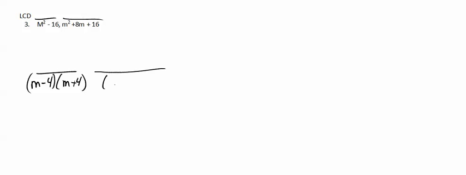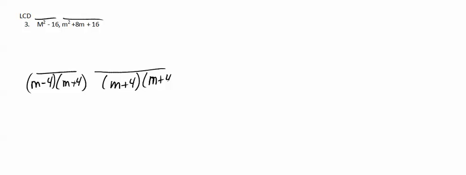Unfortunately, not all rational expressions are that easy where they have the same denominator. So what you want to do is you need to find the LCD, the least common denominator. Now, to do this, we'll look at a couple examples. Pretend that these are, in fact, your denominators, so we'll put them in the denominator here. What you do to find the LCD, again, the least common denominator, with longer polynomials is you will want to factor them. So I'm going to factor the first one, which happens to be a difference of squares, and then I'm going to factor the second one, which is actually a perfect square trinomial, so I'll get m plus 4